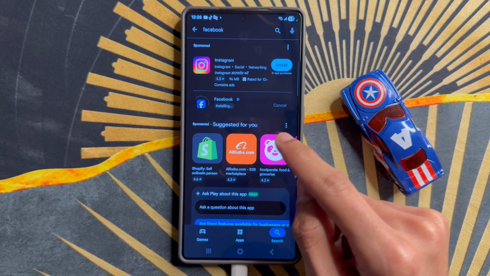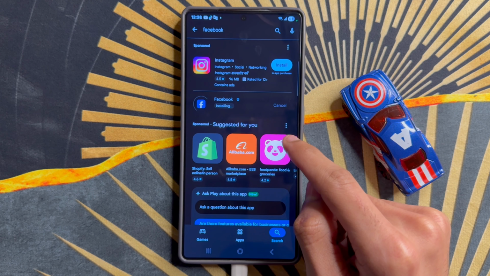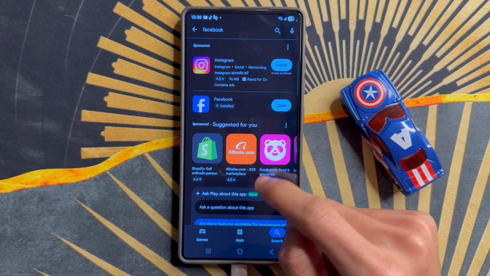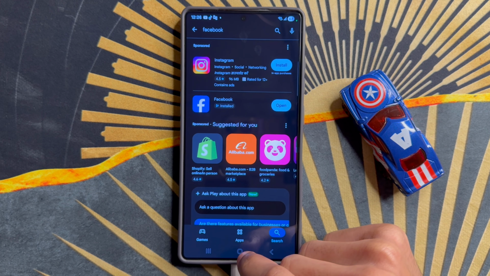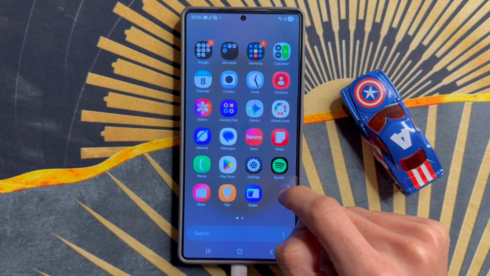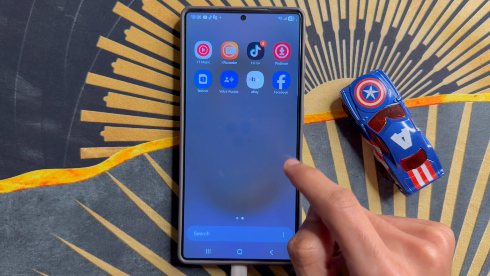After the process, app is downloaded. After downloading the app, go back to home screen and you will see Facebook app is showing